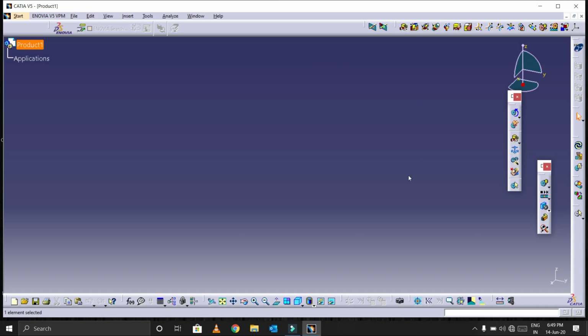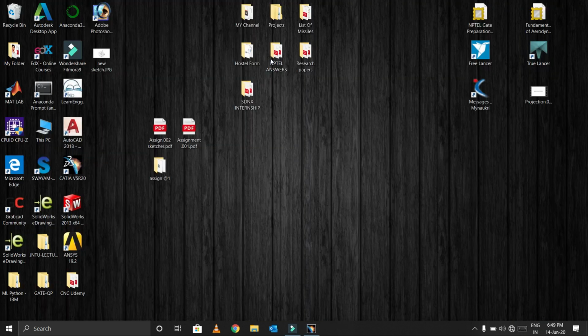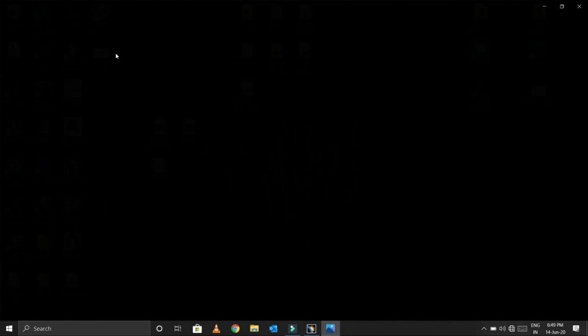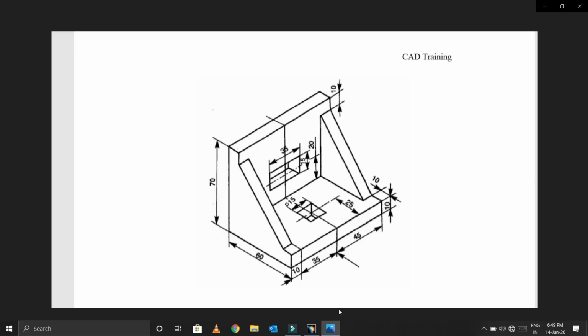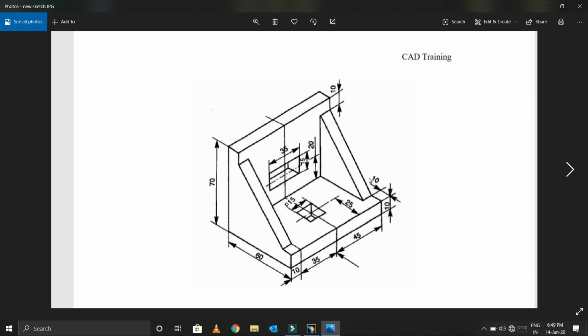Welcome back to CAD Inventions, and today we are going to draw a new sketch. Let me show you the sketch. Yes, this is the sketch we are going to draw now. Actually, this entire 3D diagram can be drawn by using a single command in 2D sketch. Let's see, the single command is nothing but a rectangle.